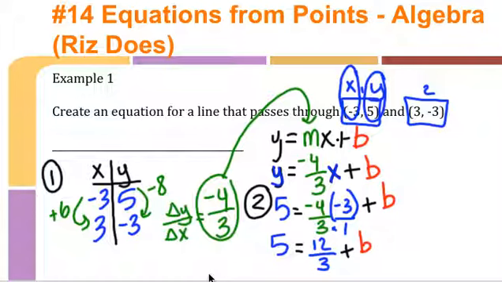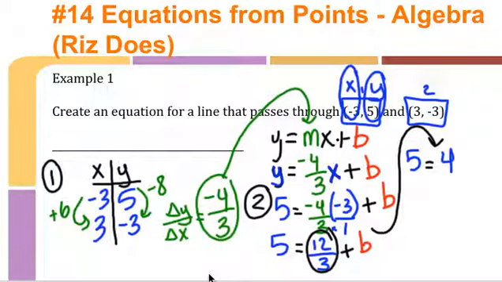Okay, I'm going to go ahead and draw an arrow and move my work over. So now I'm going to write 5 equals, now I can simplify this 12 divided by 3 into 4, plus b. So now I have a simple one-step equation, so I can try and solve for b. Right? So I can either say 4 plus something equals 5, or I can subtract 4 from both sides, use some inverse operations, and find out that 1, let's turn it into red because now I know that that is